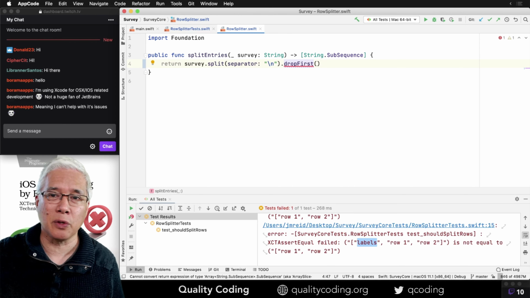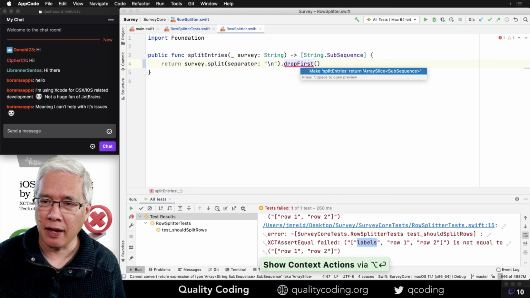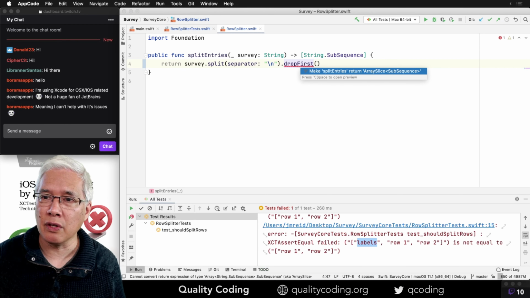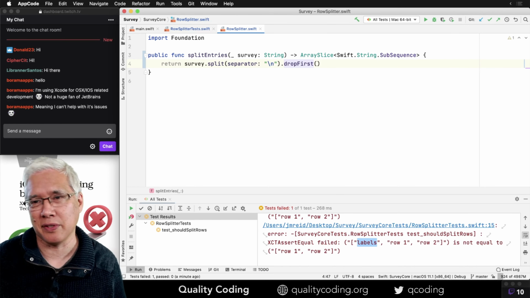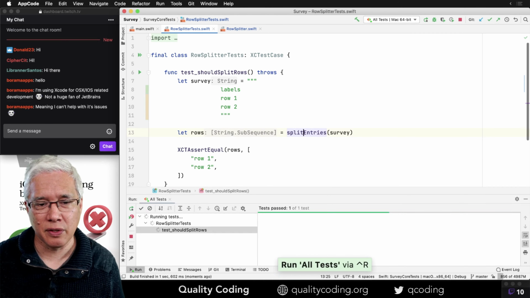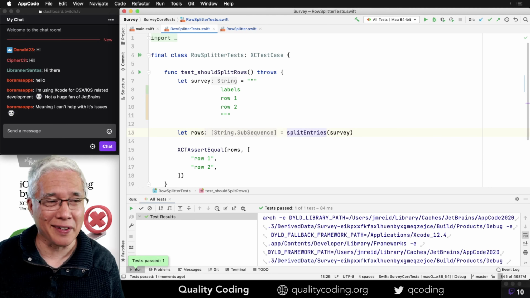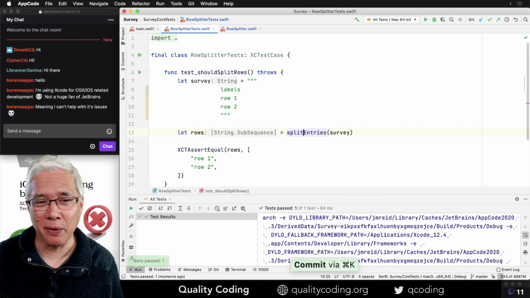Instead, it was like, no, it's a subsequence. So this time, let's try the same thing and let AppCode change the return type to return a slice of the array of subsequences. And let's see if that just works. It does just work. Without doing any other changes, I was able to get it to pass. I wasn't sure if it would even compile.